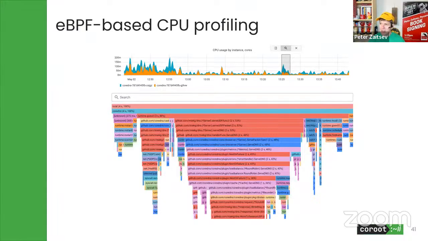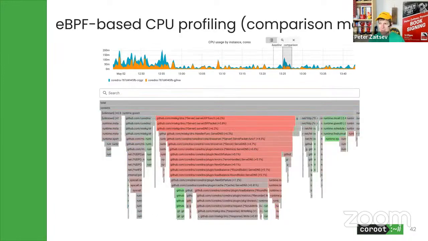So we can see in this example that there was a spike in the CPU usage at this time. We can zoom in and understand where the CPU usage comes from. Now, you may wonder, how do I know what is good and what is bad in a profile? This is where comparison mode is very helpful, where we can highlight the baseline versus comparison as we do here, and we can see things in red. That is where we have a higher CPU usage,